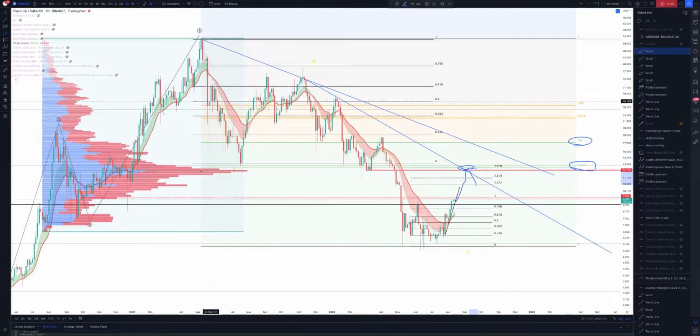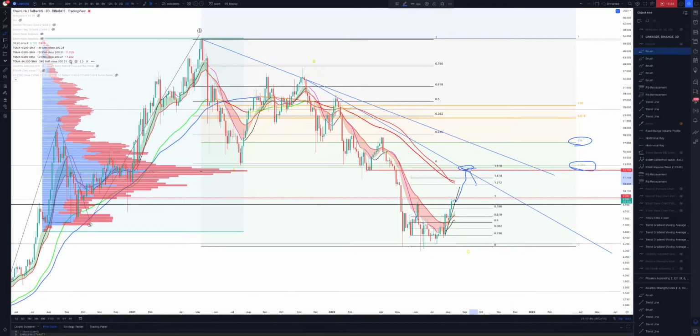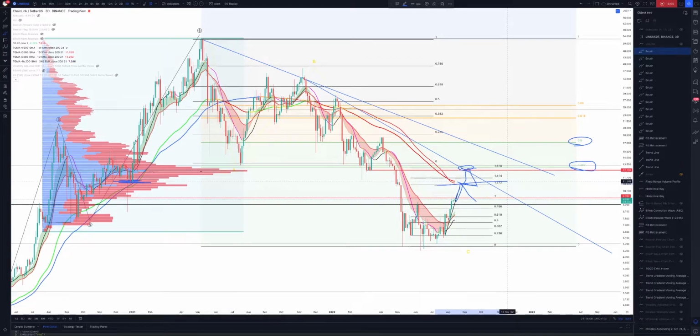And I'm sure if I add, let's see, let's just add a few moving averages. So the daily ones are okay. The daily ones could actually stop it there too, which aligns with this level here. So we might not be able to get there. That is one level definitely to come back down. That's one. So that's my first target.